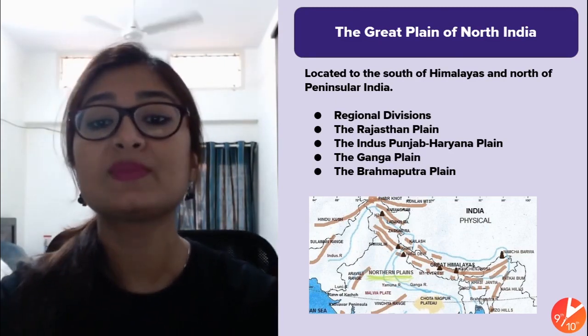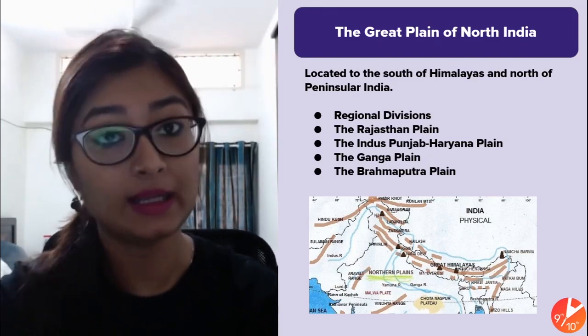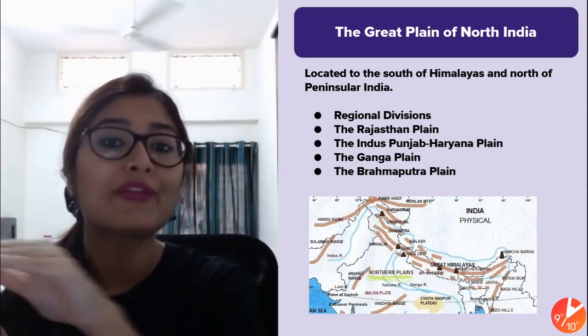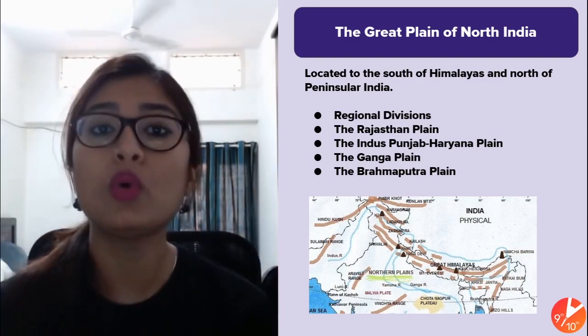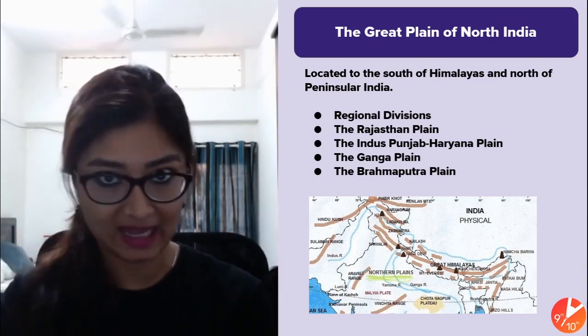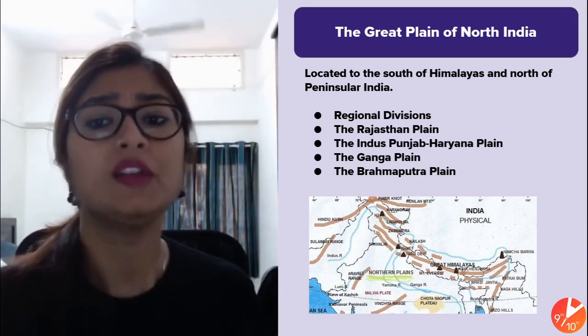Okay, now this is basically located to the south of the Himalayas and north of peninsular India. If you remember, I told you the Tropic of Cancer divides the country in two halves. The second half is more peninsular in formation because it has water everywhere. However, we take the entire country as a peninsula. So